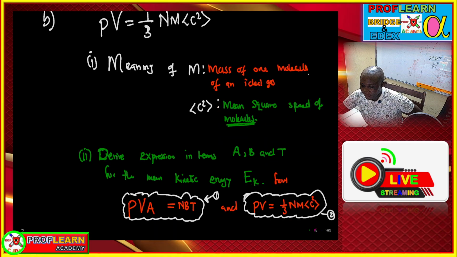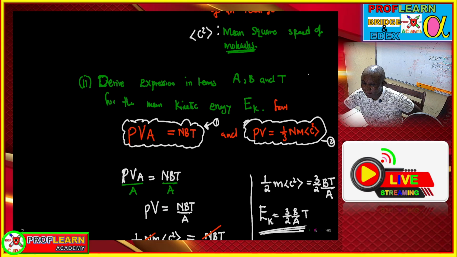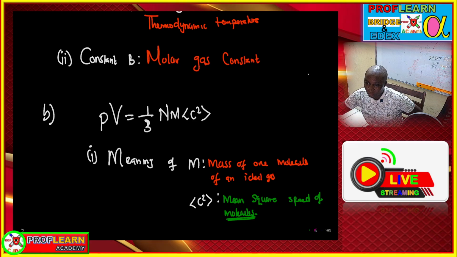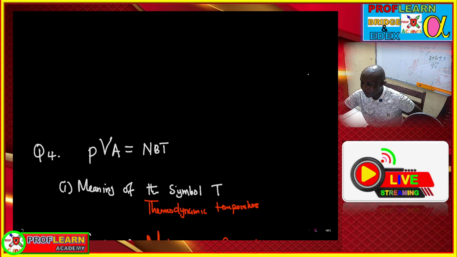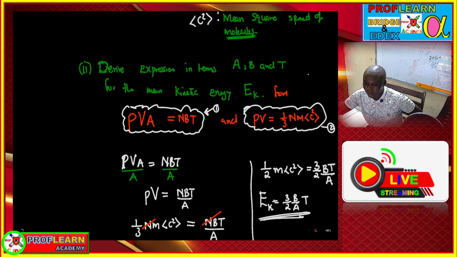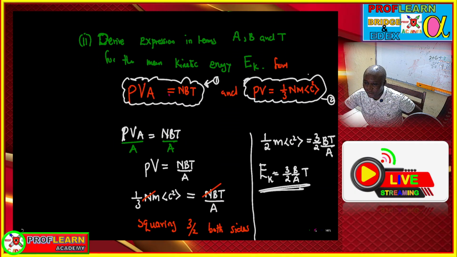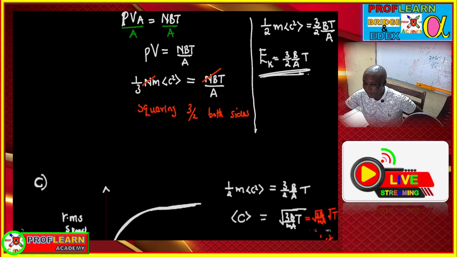Then candidates were asked to derive the expression in terms of NkT from these two formulas that were provided at this point. And what students were supposed to understand in order to derive that is that the first equation, you divide by V both sides, and then you're going to remain with pV equals NkT. But pV, we can see it's a third, and m mean square speed. And then you can substitute it now at this level. If you cancel N both sides and